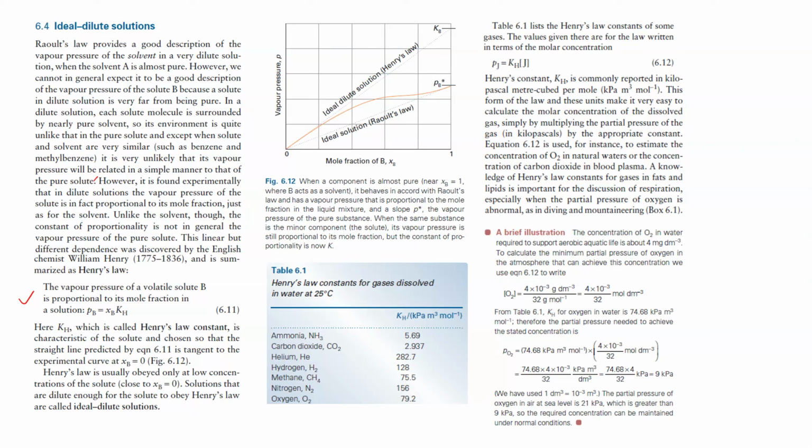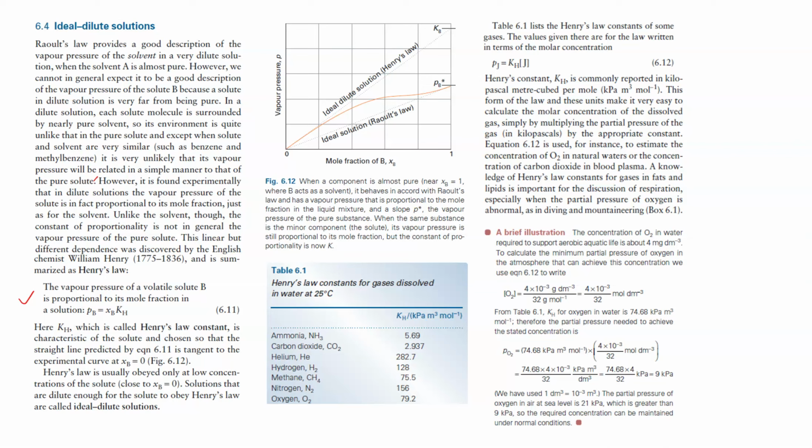The vapor pressure of a volatile solute B is proportional to its mole fraction in solution, where the pressure of B equals the mole fraction of B times K sub H, where K sub H, called Henry's law constant, is characteristic of the solute and chosen so that the straight line predicted by equation 6.11 is tangent to the experimental curve at mole fraction B equals 0,